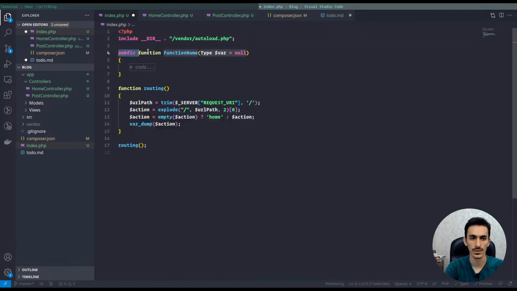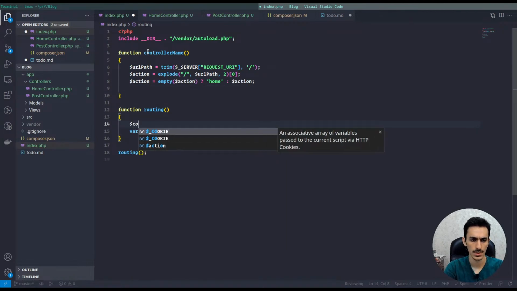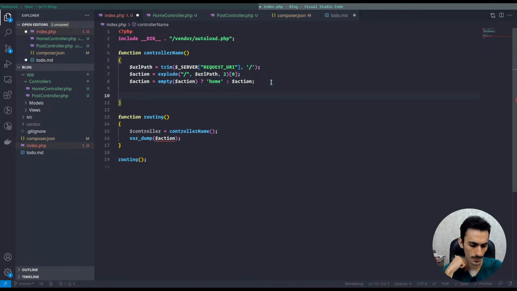So I'll make another function, and with this I just want to know the class name or controller name, and this should be like this. You know what I need here? It's $controller equal to controller name, controller. Name. Okay, and here we want to return, you know, it's app\controllers\ this should be printf of this,